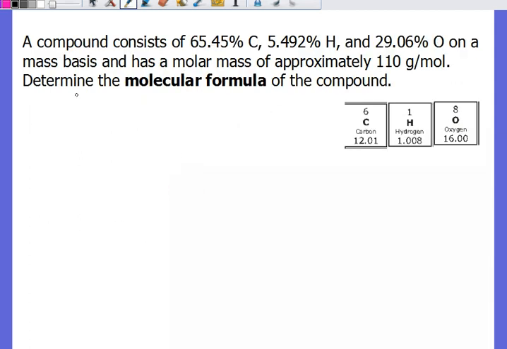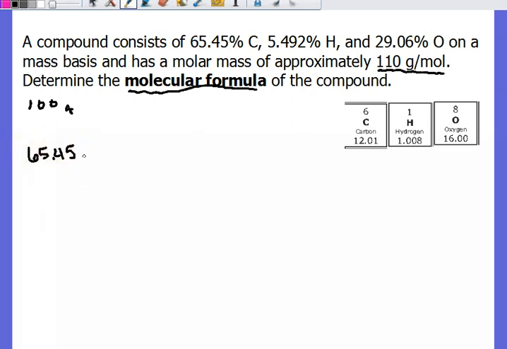Okay, so this one, you've been given these percentages. You're told that the molecular formula's molar mass is 110 grams per mole. So you have to come up with an empirical formula from these percentages, and then figure out what the molecular formula is. If you look at your percentages again, like we've been doing, just make it a 100 gram sample, so that you have